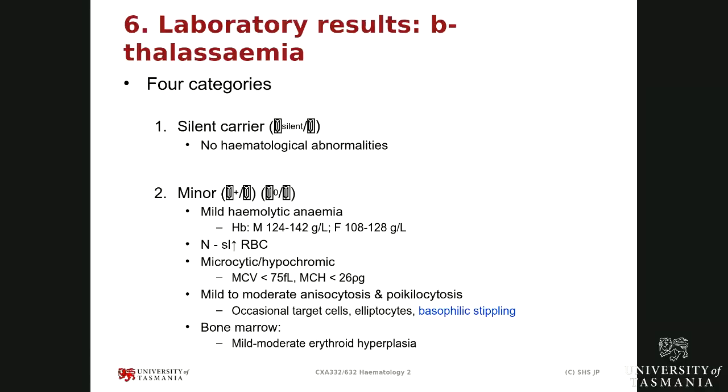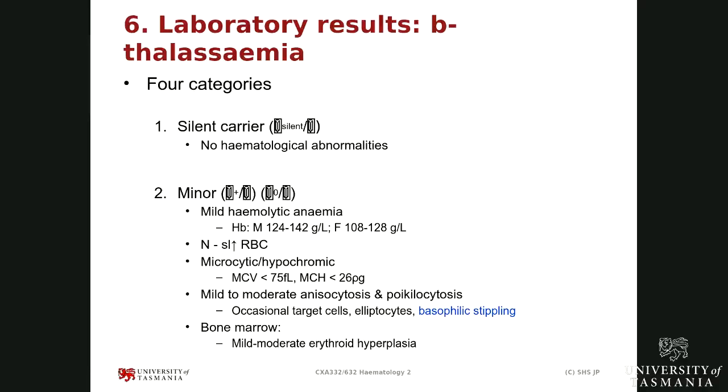That's why it's called that, because you don't know that it's there unless you would be doing population screening for abnormalities. And then we've got beta thalassemia minor. So this is the beta plus, where we have 5 to 30% reduction in hemoglobin concentration. And then this one is,